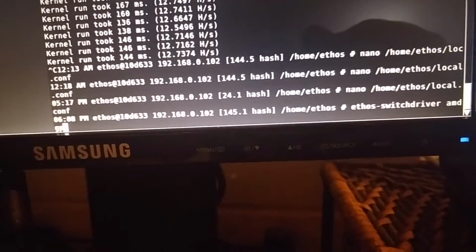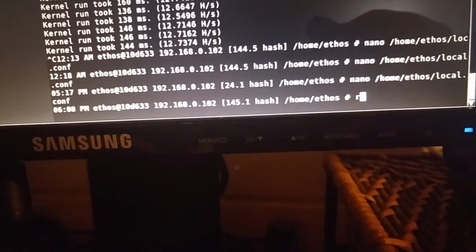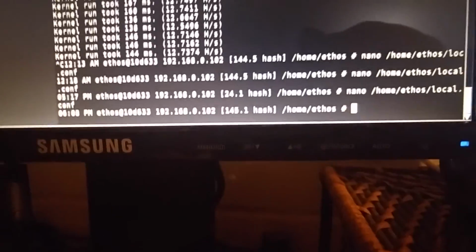I'm not going to do that because I'm not switching any drivers or doing anything. You click enter on that, and then I'd probably still reboot my system after that, and that should get you